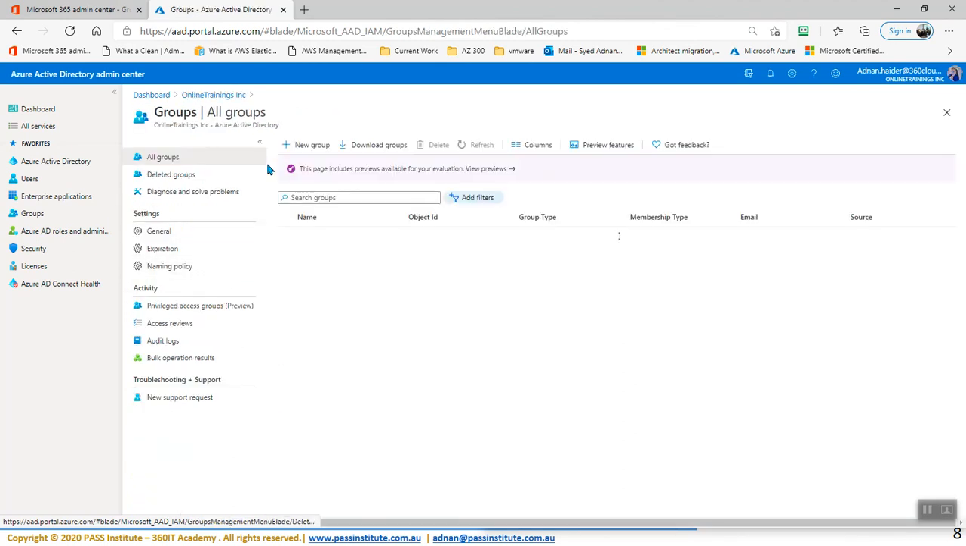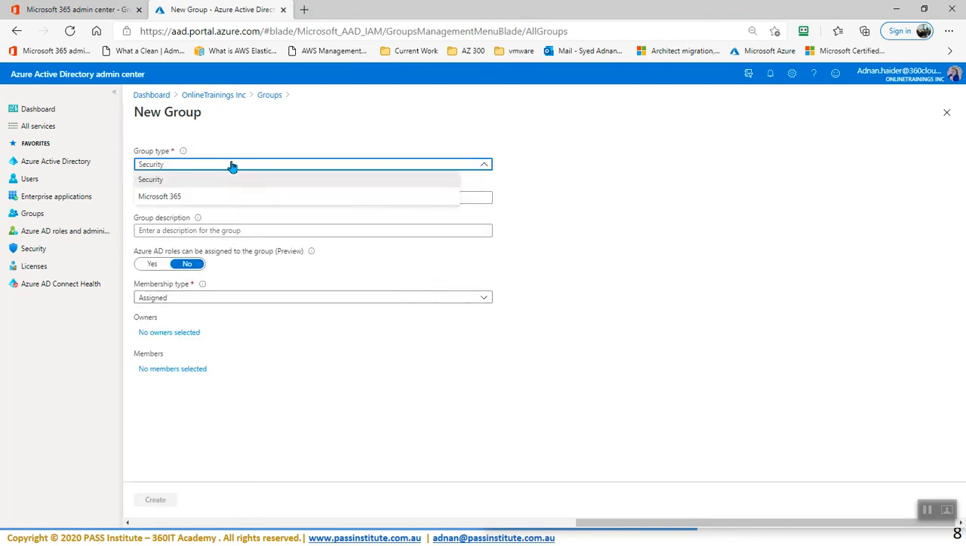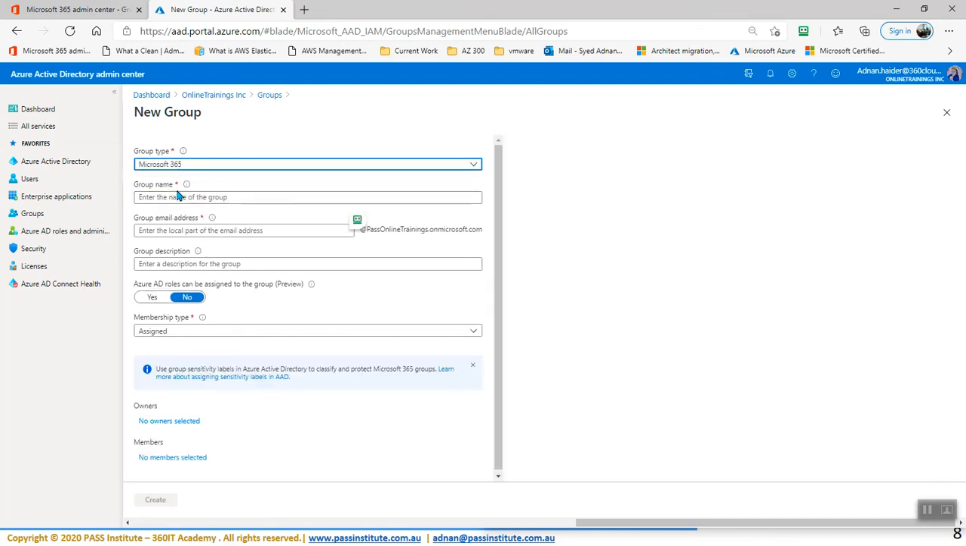Once you're here, we can create a new group. Once we create a new group, it will ask us for the group name. First of all, what type of group it will be. It can be a security group, it can be an Office 365 group. In another video, I'm going to go into more detail about different types of groups, but here we need to create a group just for license management. So for that, the group will be an Office 365 group. The group name is, let's say